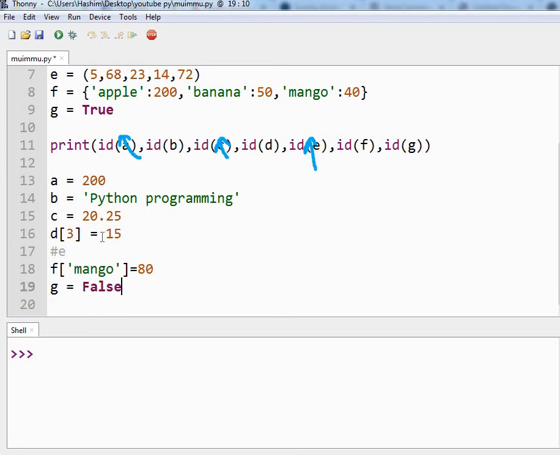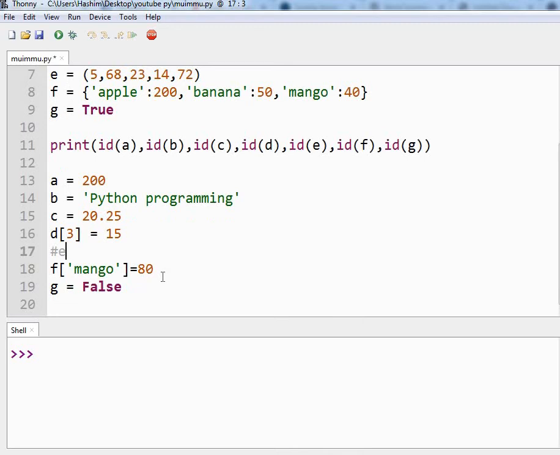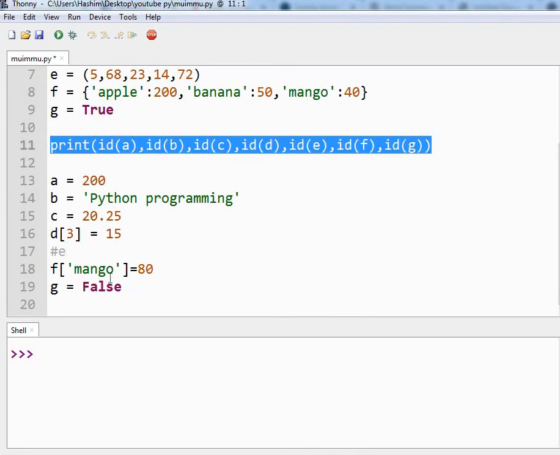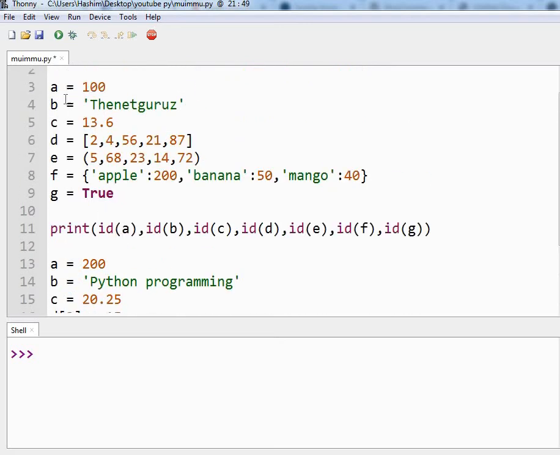So we have finally changed the values in all our variables, and let us try to print the ID now and see what changes we are seeing. Let's copy and paste this print command again. The program will run, and for each of these variables you will get the ID.